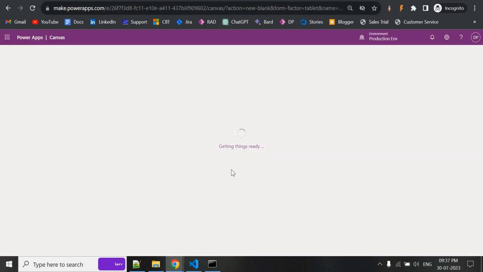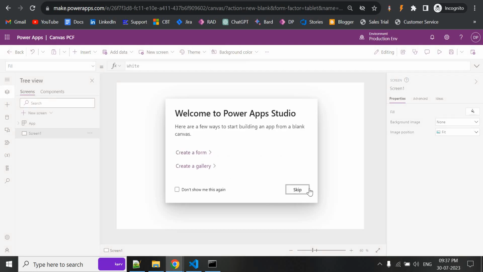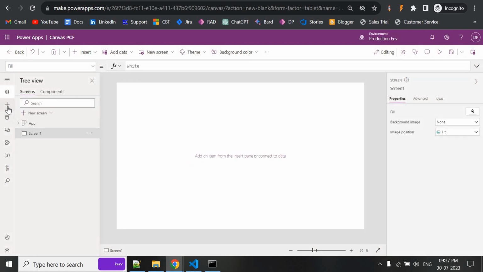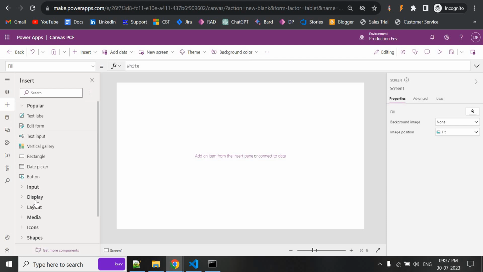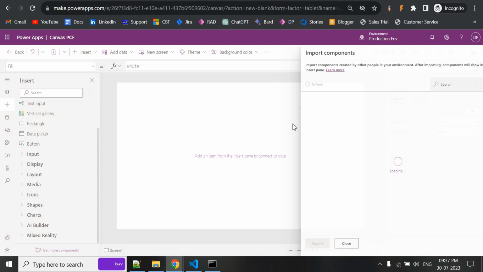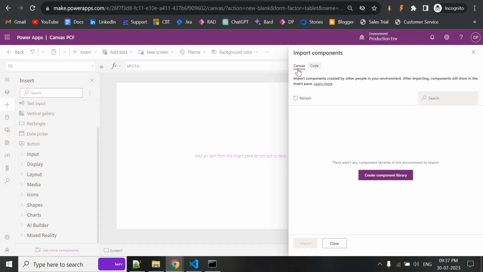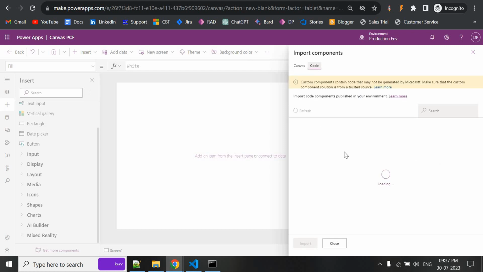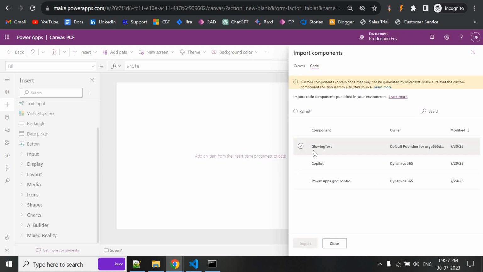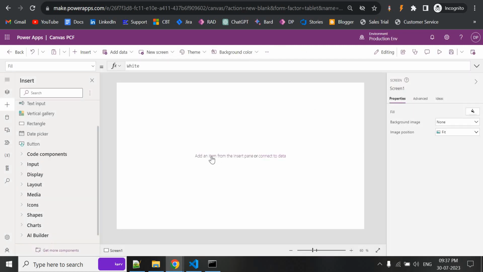Now here first we need to add the code component. So to add the code component, click on the plus button. Here we have get more components, and see now this is visible. So click on the code, and here our PCF glowing context is visible, right? So select this one, import. This is in the Canvas app right now. Let's add this one,